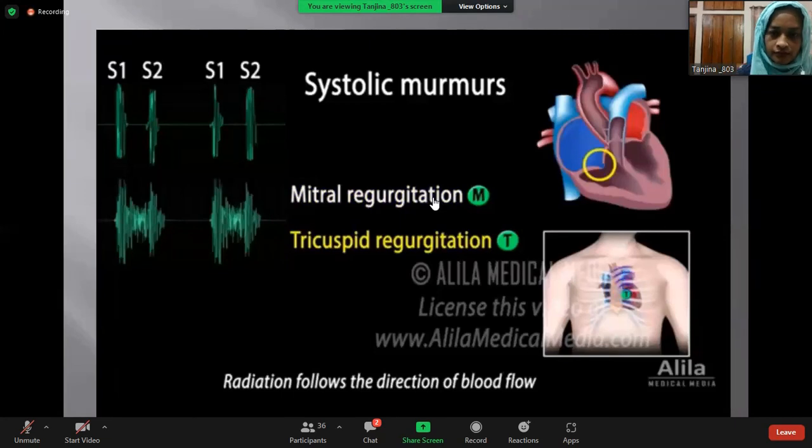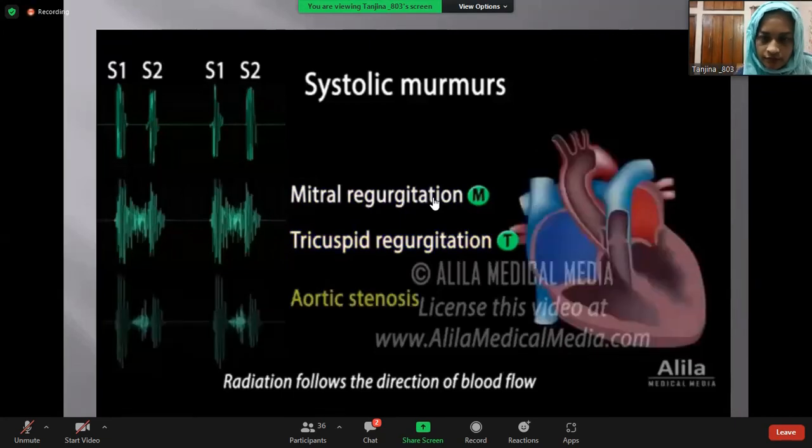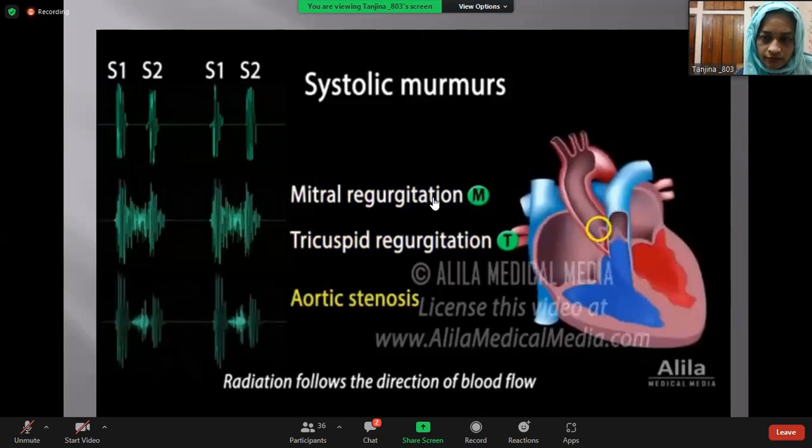Aortic valve stenosis. When the aortic valve does not open properly and blood is forced through a narrow